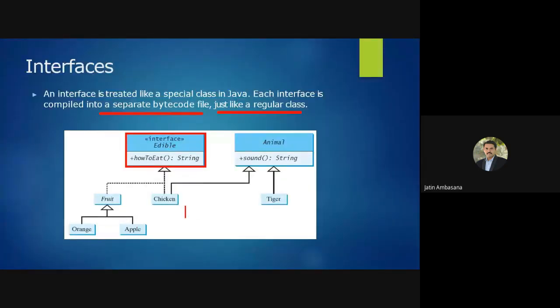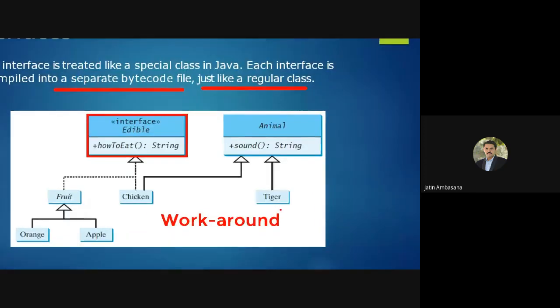And now see, this is an example of a workaround. Workaround means kind of solution or a kind of jugaad. Okay, a workaround for, what is this? A workaround for multiple inheritance.